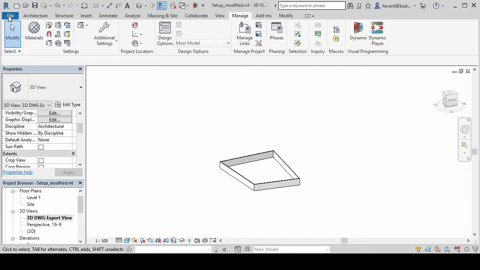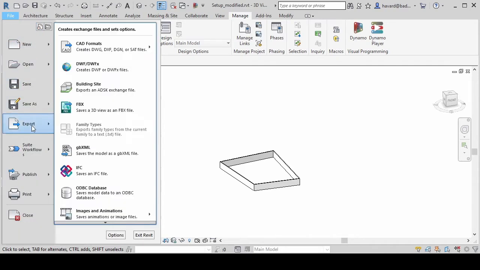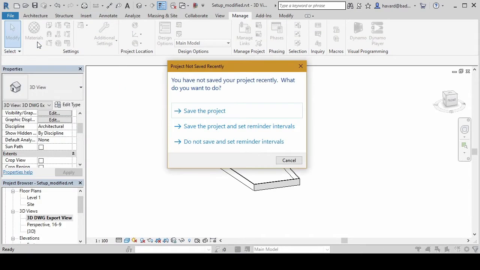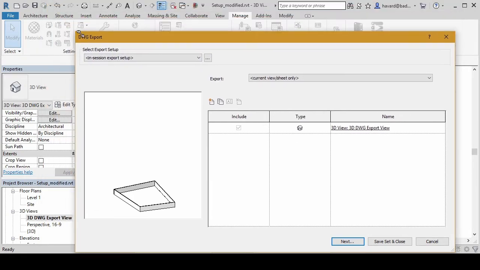So let's start by seeing how we can get this into Rhino. I'm going to open the File tab, go to Export, CAD formats, where you can export to SAT, DGN, DXF, and DWG. I normally use the DWG file. I don't believe Rhino can import SAT files, but that's one of the file formats we're going to be using the other way. DWG, say no thanks to the save setting.